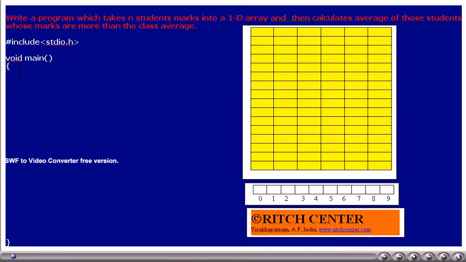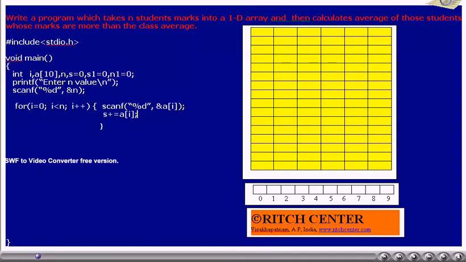As usual, stdio.h is included, main is defined. The array A with 10 elements and the variables I, n, s1, n1 and s are declared. s1, n1, s values are initially taken as 0. The printf statement asks the user to enter the value for n. Whatever user enters, that will be stored in the variable n.